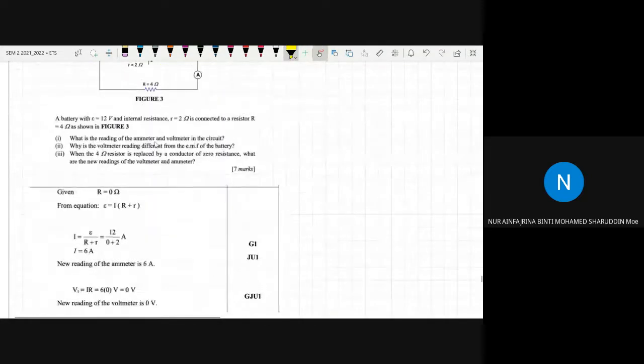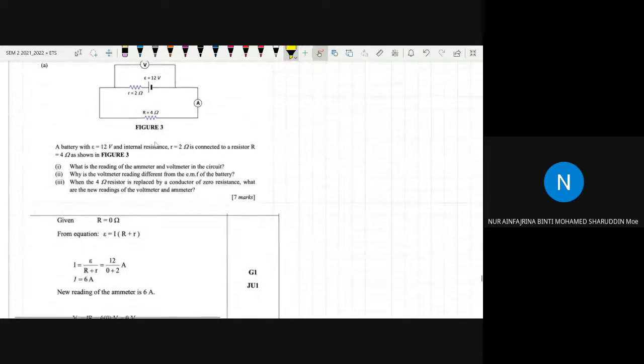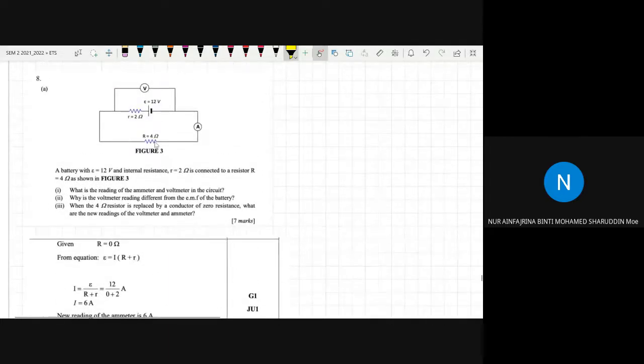Okay, now let's look at 8A3. Okay, now the question say, when the 4 ohm resistor is replaced by a conductor of zero resistance. Zero resistance maksudnya R equals to 0. What are the new readings of the voltmeter and ammeter? So dia sama je macam mana kita buat soalan 1, cuma bezanya R kita adalah kosong. So Miss akan tunjuk